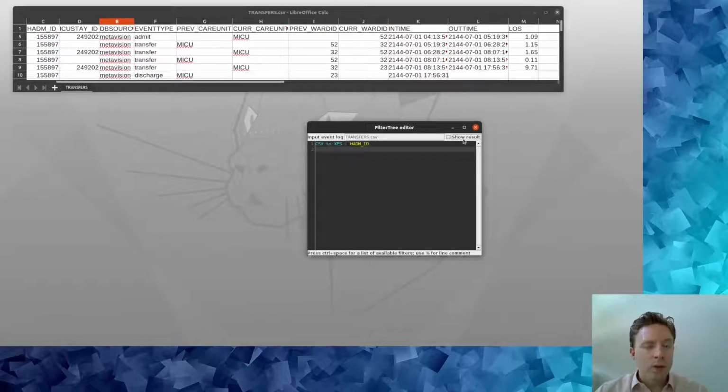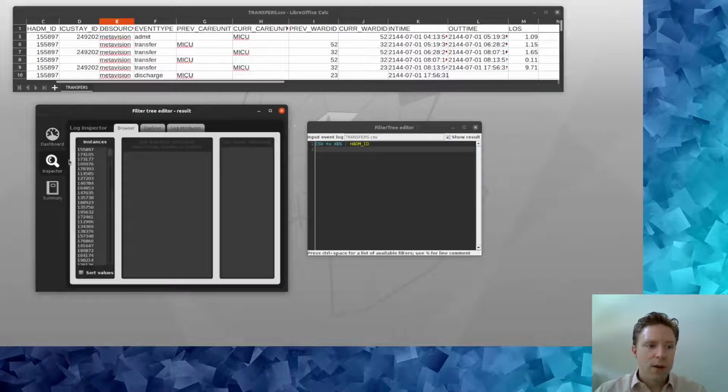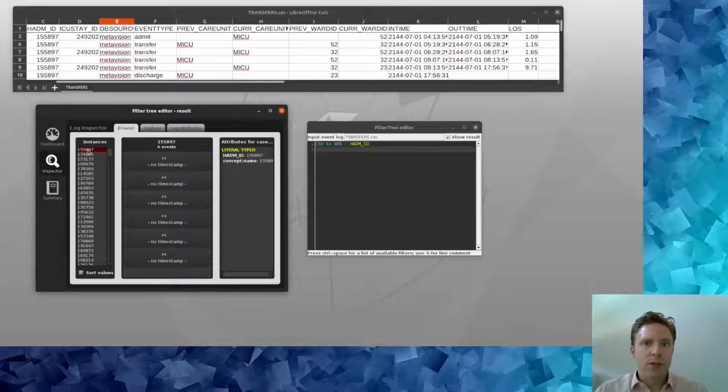We can already inspect the newly created event log by clicking on Show Result. This will show a standard visualization of the event log that we can inspect and look whether it is to our liking. Here we see that indeed the traces have been created, the events have been created. However, the standard structure that most process mining tools expect is not yet there, and we need to create it